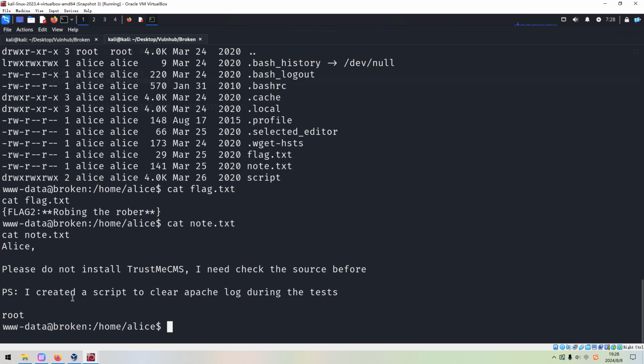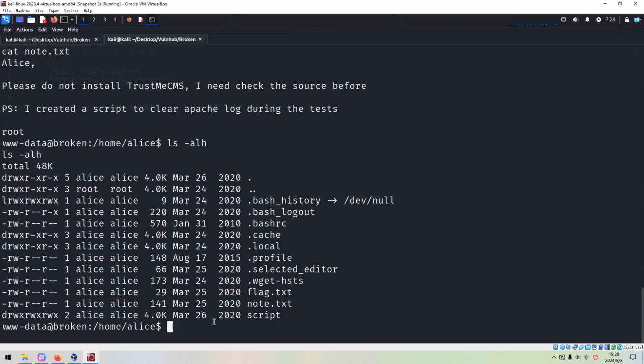P.S. I created a script to clear Apache log during the tests. So I think it's obvious that we need to find this script and see whether we can manipulate this script, right? Very straightforward and clear.